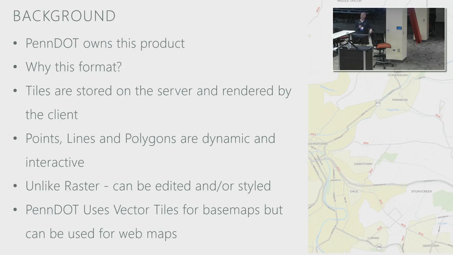Just a real quick, what is a vector-based map? I'm going to put this in my disclaimer, which is the next few slides, but really what a vector tile cache is, instead of a raster-based map or raster tiles, which are just millions really for a base map of PNG images, these are tiles that actually contain the point, line, and polygon vectors, and they're dynamic. And really one of the things about vector is that we can actually edit it and style it after the fact.